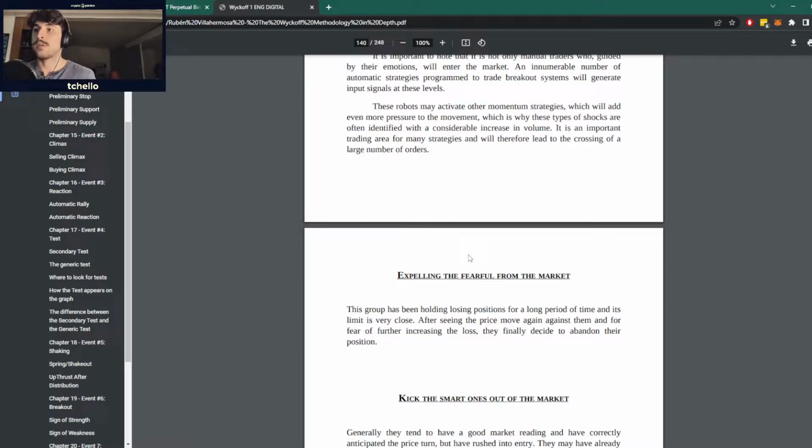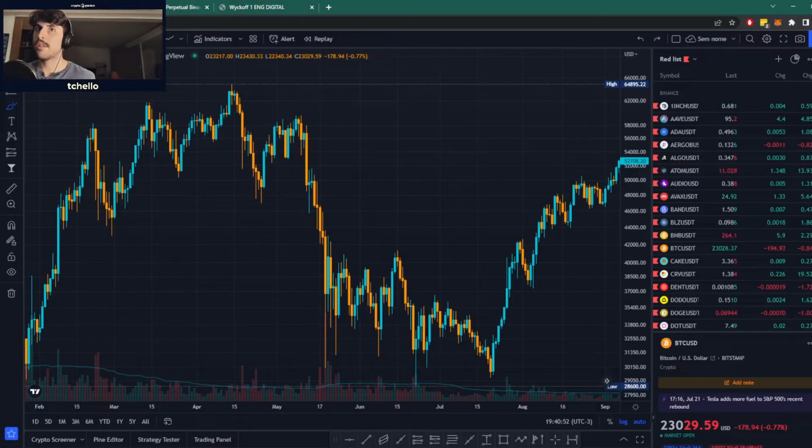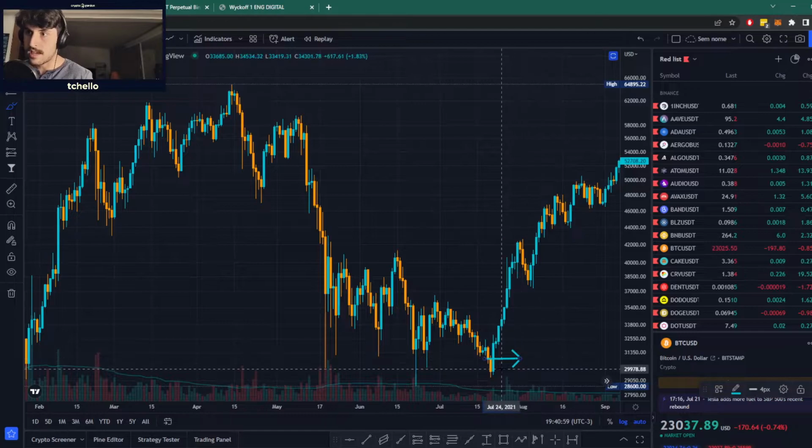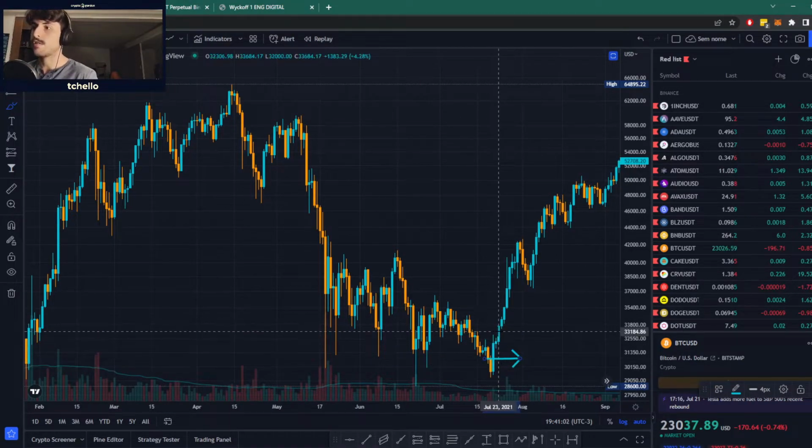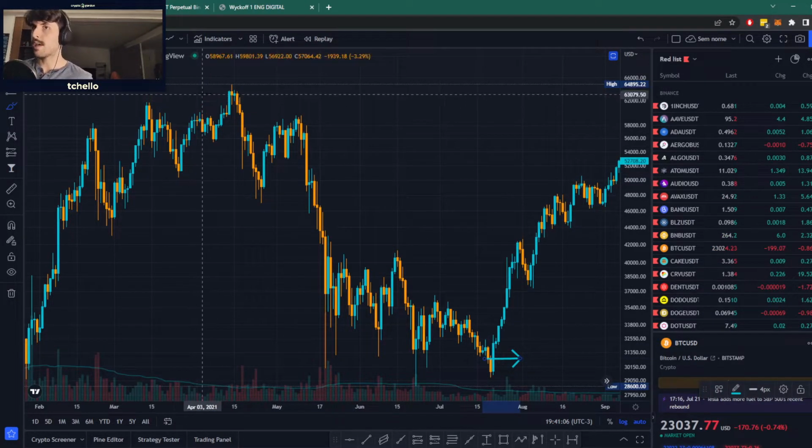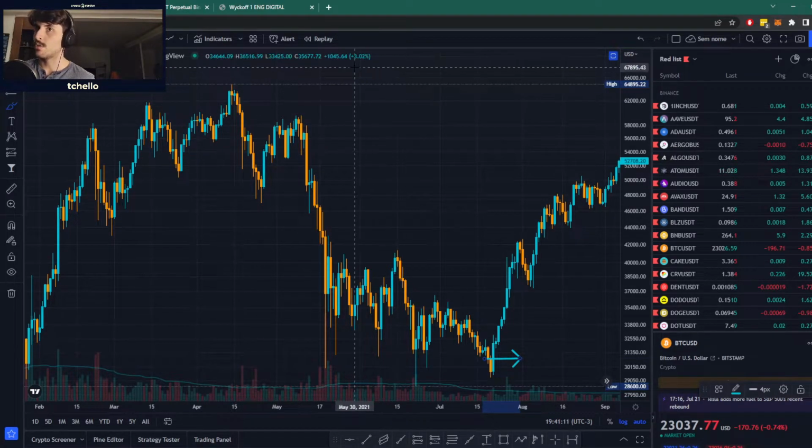Secondly, it is to expel the fearful from the market. Together with those breakout traders, there are a lot of people that are fearful. They think, oh my God, Bitcoin just closed the daily candle below this zone here, and now it's going to go to 5K, so I should sell all my Bitcoin. Or, oh my God, Bitcoin has just crossed above 62K, and right now it's going to go to the moon, so I should buy as much as I can, right? And this serves the purpose of further filling the bags of those large traders, right?